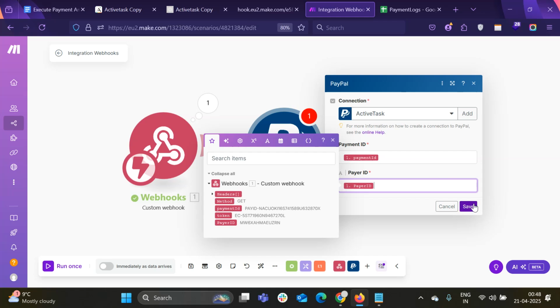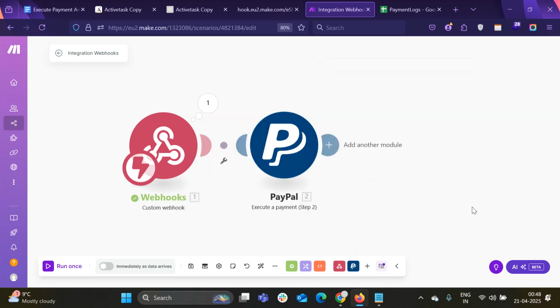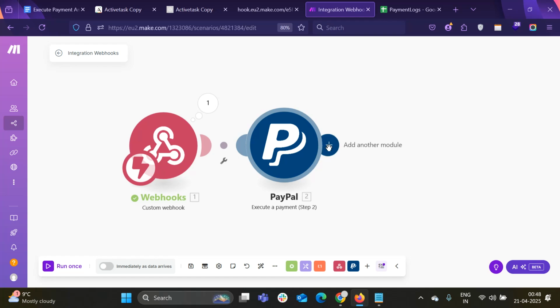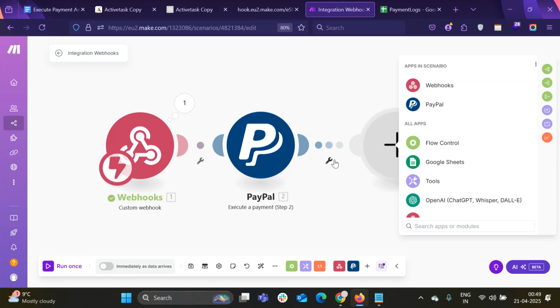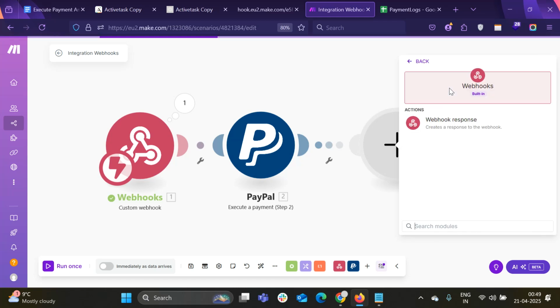So click. After the payment, we want to redirect the buyer back to a proper page instead of showing a raw JSON success message in the browser like this. So we need to click on again this icon after the execute payment module, and we need to search for webhook and webhook response,